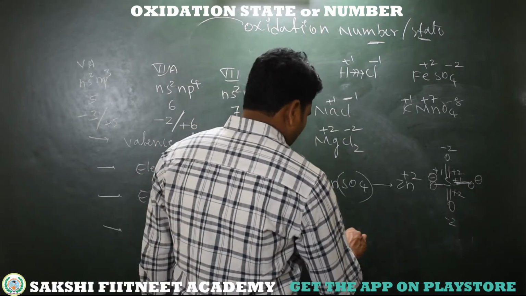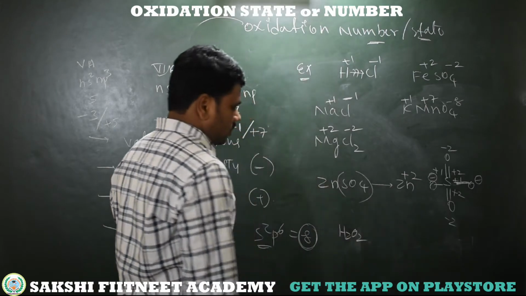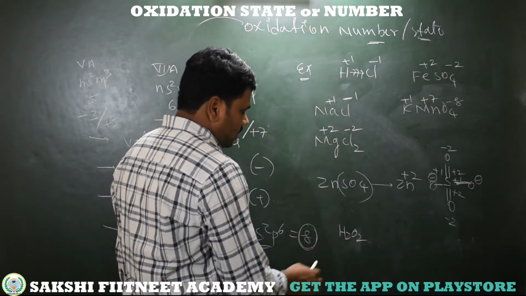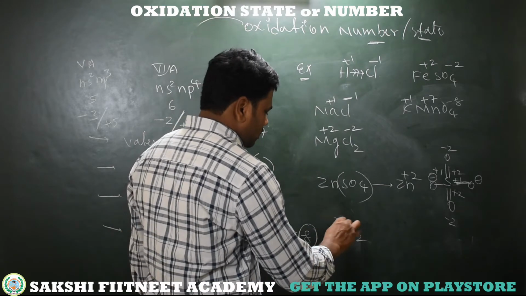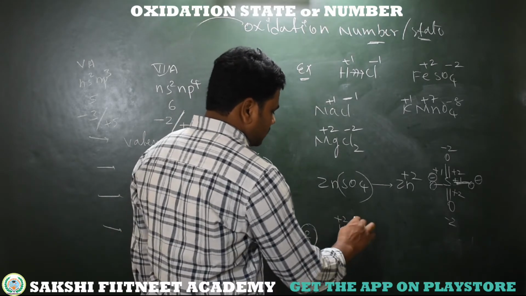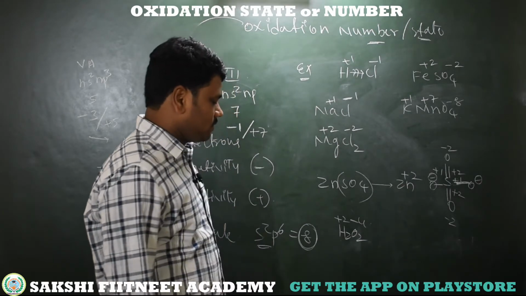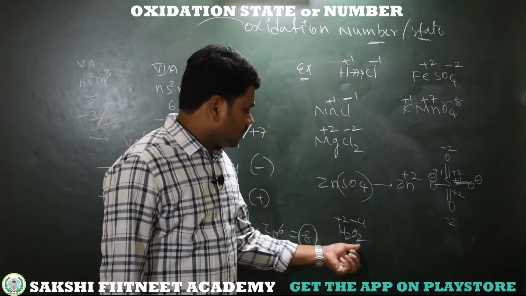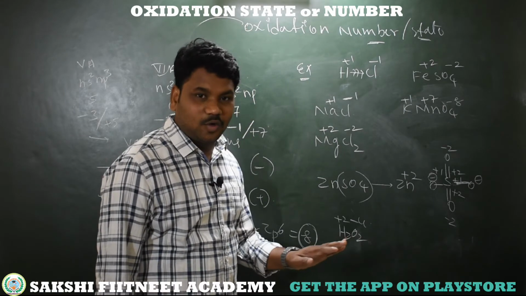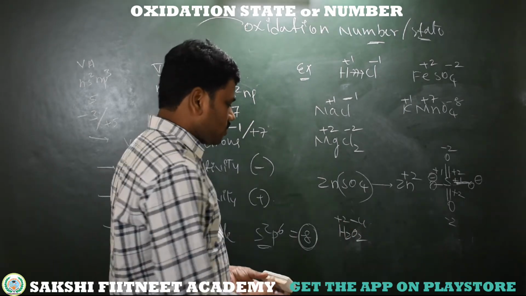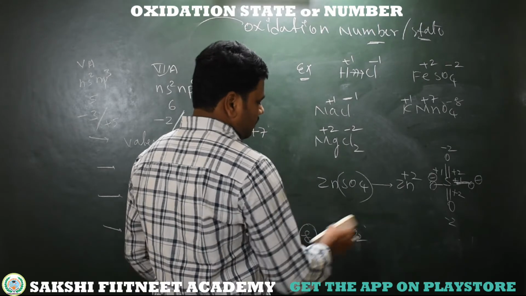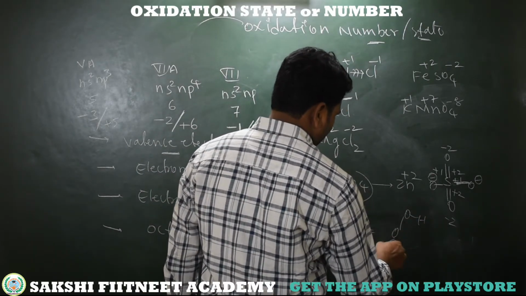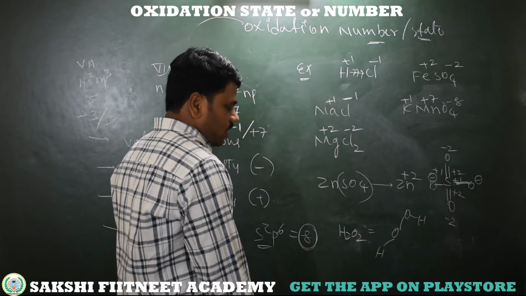Now here H2O2. Here see, this method we cannot follow here, because see here, 2 hydrogens, it's +2, 2 oxygens, so total -2, it's -4. -4 + 2 equals -2. But we are writing this H2O2 as a neutral molecule. So in this case we must draw its molecular structure, the molecular structure of H2O2.